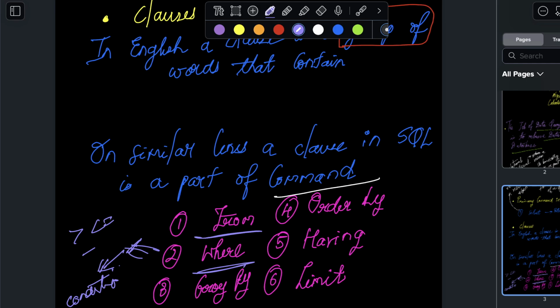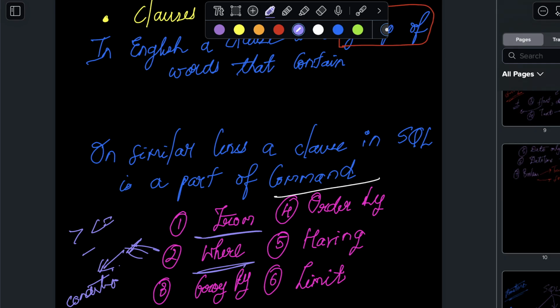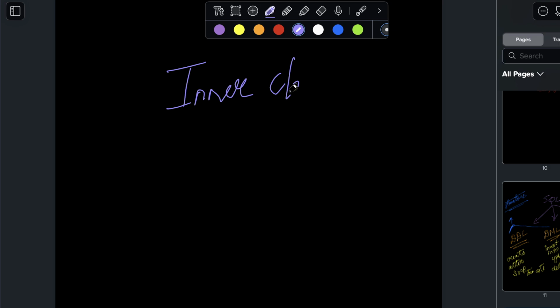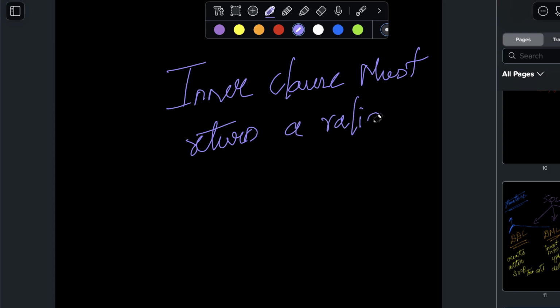Now you can mention the clause in the clause, but then it has certain rules. The rule says the inner clause must return a valid value or a table. For example, if I'm writing anything inside the where,